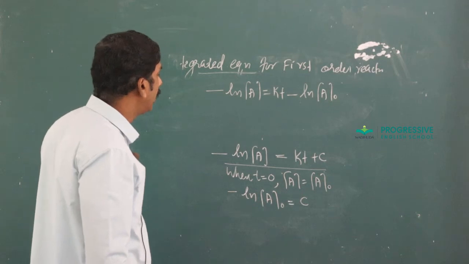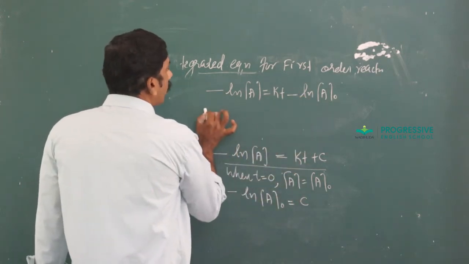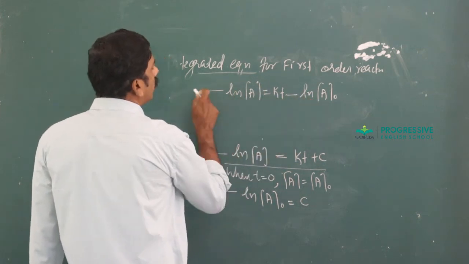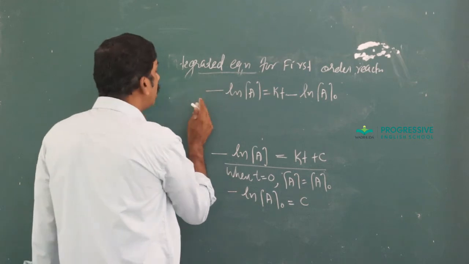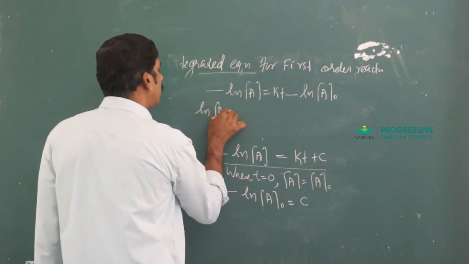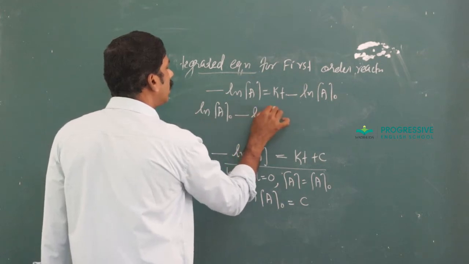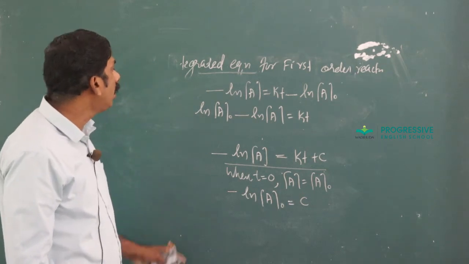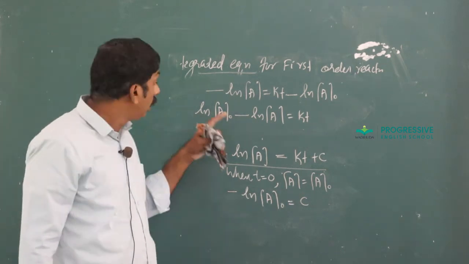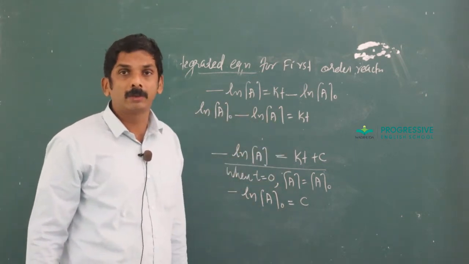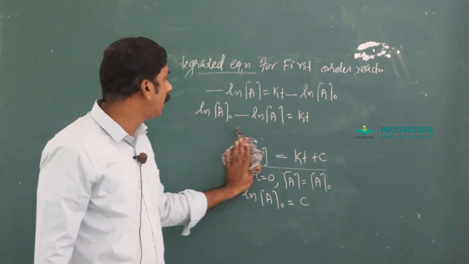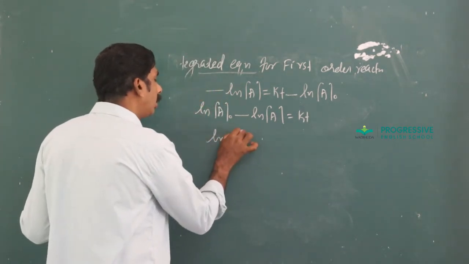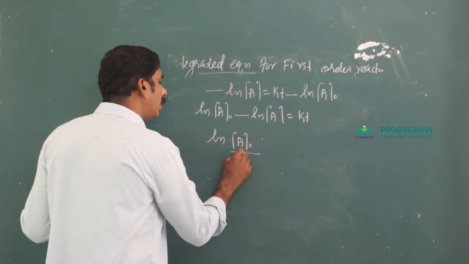Minus ln A equal to KT minus ln A0. When this minus ln A0 is taken to the left side, it becomes plus, that is ln A0 minus ln A equal to KT. Now this is in the form of log A minus log B. Log A minus log B is log A by B, that is ln A0 by A